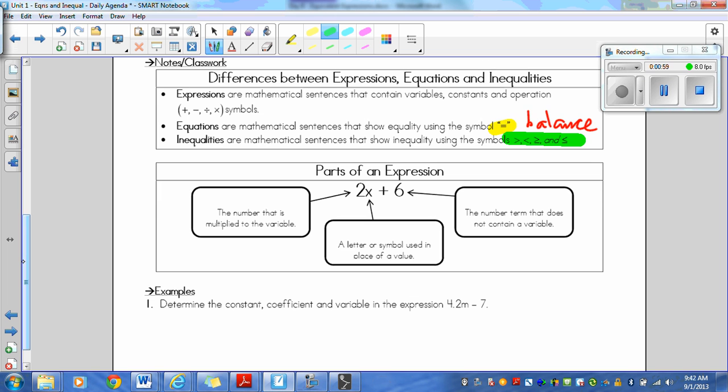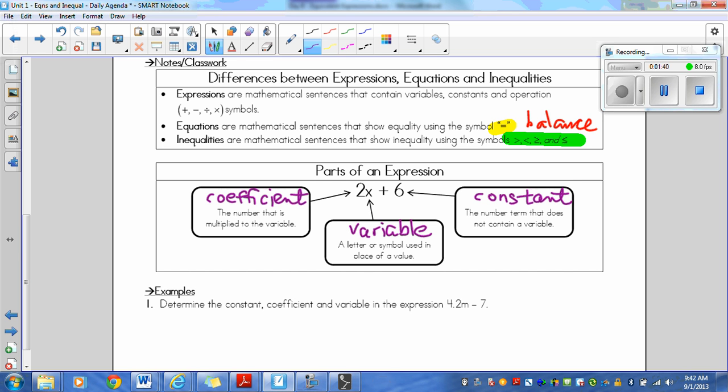Parts of an expression. The 2 is called the coefficient because it is in front of the variable. It is being multiplied by the variable. We call that the coefficient. A letter or symbol used in place of a value is called a variable. Anytime you see a letter or symbol that stands in place of a number, that's called a variable. And a constant is a number that does not change. 6 is always going to be a 6 because there's no variable attached to it, and it is not a